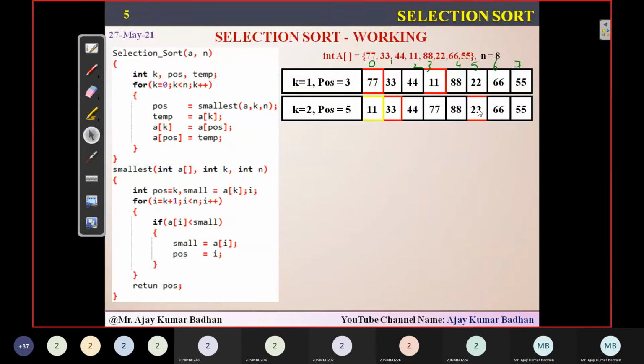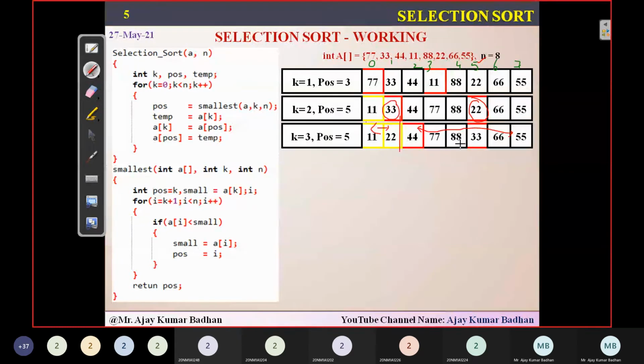So at the third iteration, the first two iterations are finished. These two, which you're seeing in yellow color, are behind the wall here. So these two are sorted, and we now have to sort the remaining n minus 1 elements, that is 1, 2, 3, 4, 5, 6 elements. Later on, at k equal to 3, when we performed this operation, we compared 44 and we got a value called 33. At which location is it? Fifth location. We simply swap it, and then finally the value we are getting here is 33.